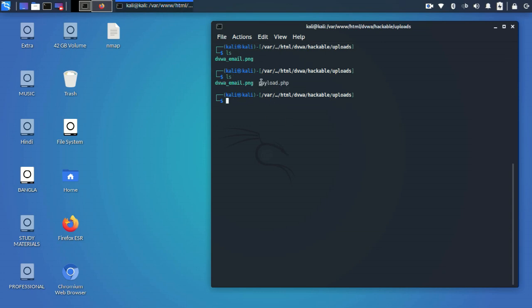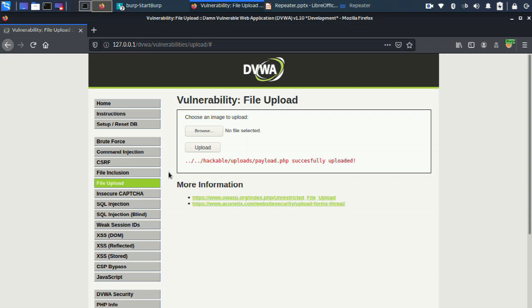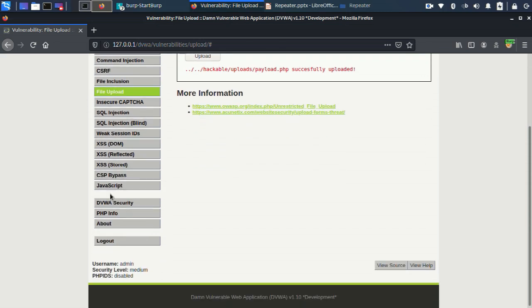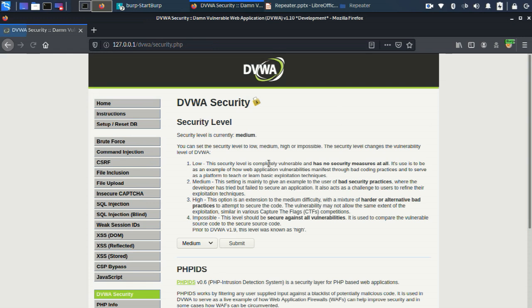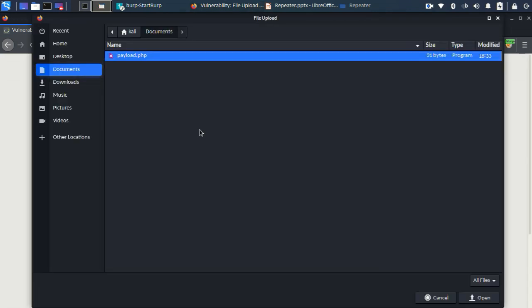Now the next step will be high security. In high security, you just have to check whether it works or not. Go to security, we'll make it high, we'll submit, then again we'll go to file upload, go to the browser, open, then we'll turn Burp Suite on, it is on, and then upload.